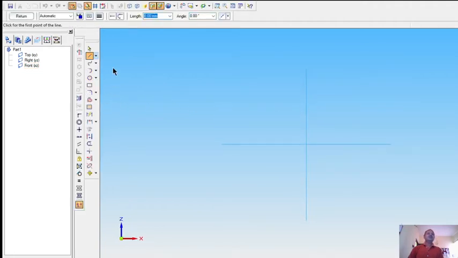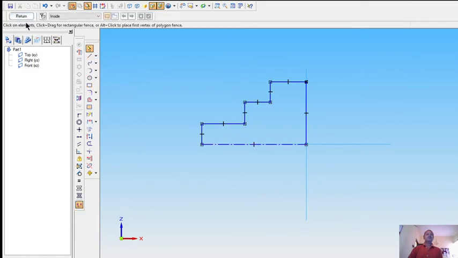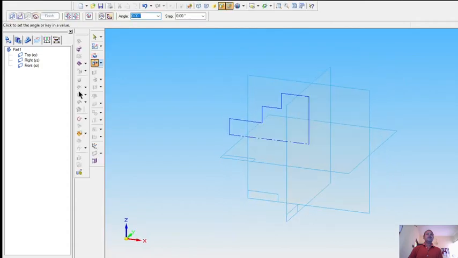So let us draw one 2D diagram. Take an axis, this one, click on the return tool.